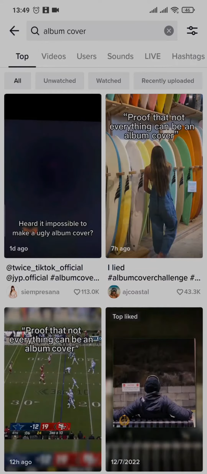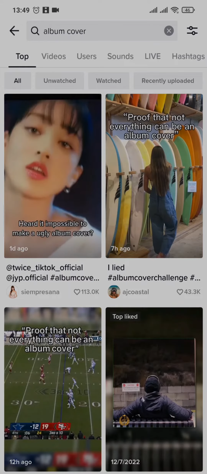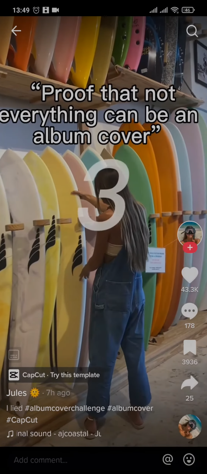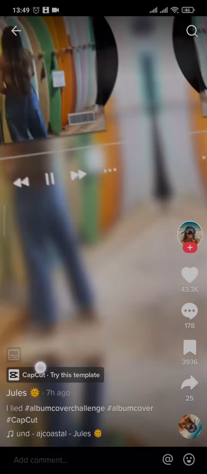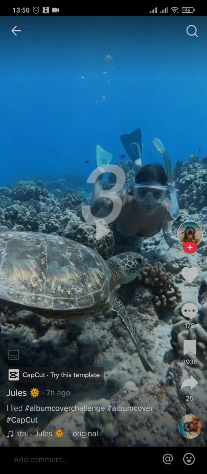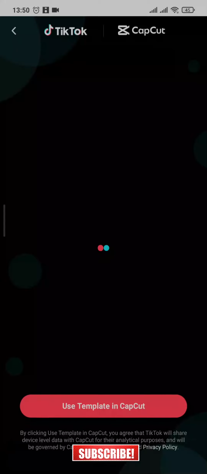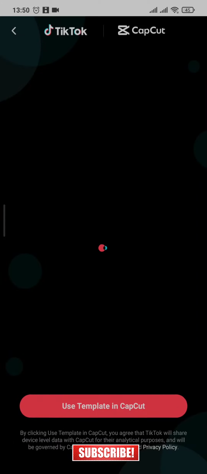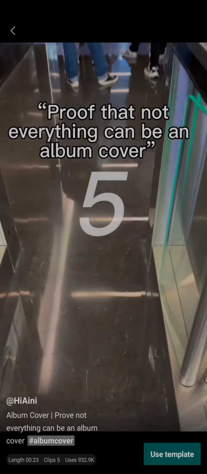Once you do that, you can pick up any video and open it up, and on the top you'll have an option of CapCut. So before you use this template, you need to download the application of CapCut. You can easily find it on the Play Store and the App Store, and once you do, you just tap on CapCut, try this template, and again tap on use template in CapCut. Now it's going to open up this template on your CapCut application. Again tap on use template